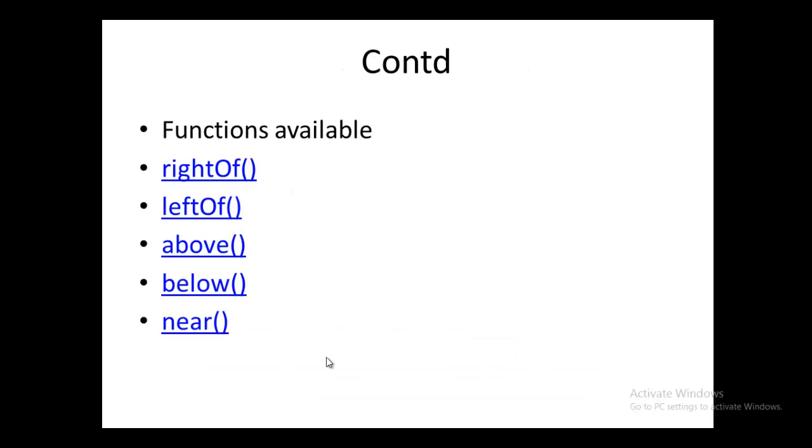I think these locators are also present in Selenium 4. So you can identify one element with the help of referencing another element, so this is basically a move based on relative position. These are some of the functions we will be seeing in this learning. Right of, left of, above, below are very self-explanatory. It can find the right element when you use the right of operator, the left element when you use left of, and above, below, near work the same way.